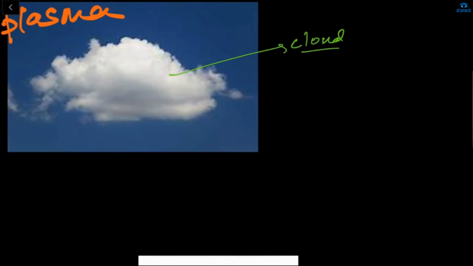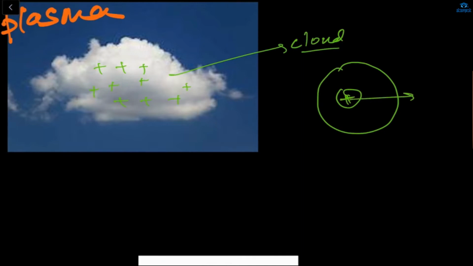See, let's say this cloud is my positively charged cloud, and here is one nucleus. This is my nucleus, the positive one. And this is what, Anam? Ma'am, electron. So see, let me explain. See what will happen. This cloud will put which type of influence on the atom? You know that, right?